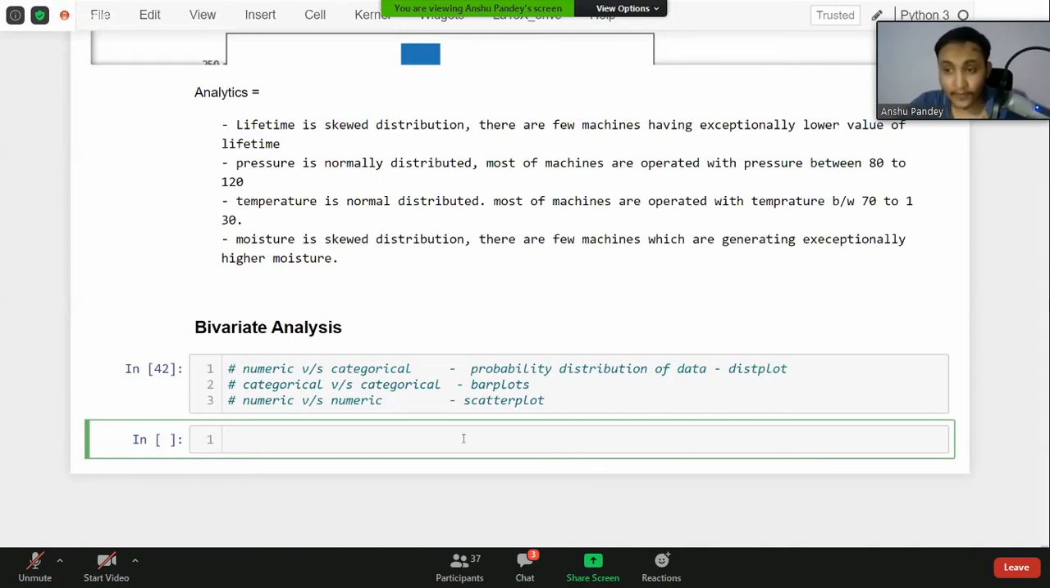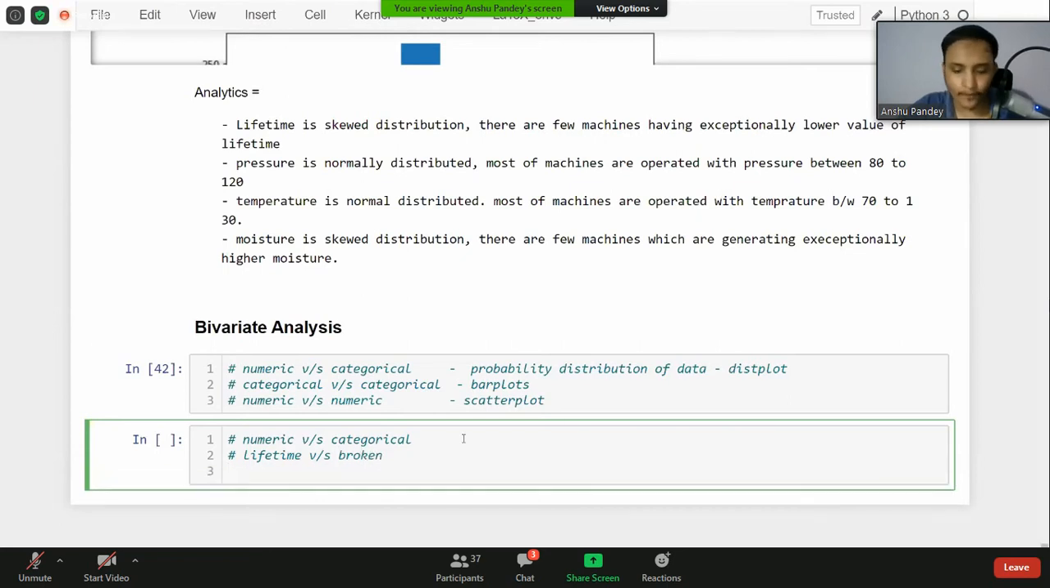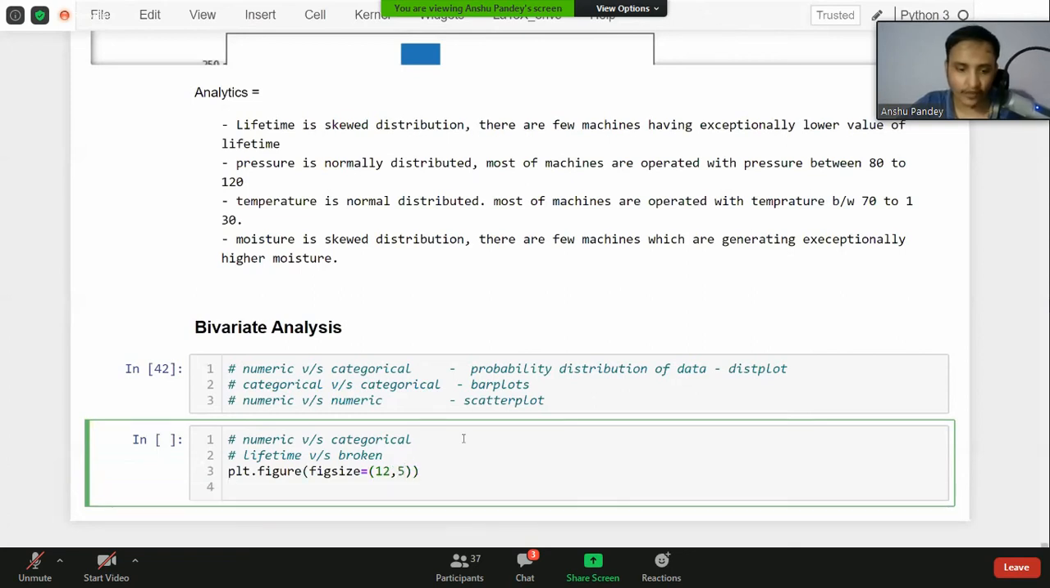So now let's say that we're going to do similar analytics. First we're going to go for numeric versus categorical. As part of that, let's say lifetime versus broken, right? Broken is categorical, lifetime is numeric. So we can simply say plt dot figure figsize equals, let's say, 12 by 5, where 12 is the width of the graph and 5 is the height. We can say sns dot distplot, right? Which is df of lifetime, or we can simply say df dot lifetime, where df dot broken